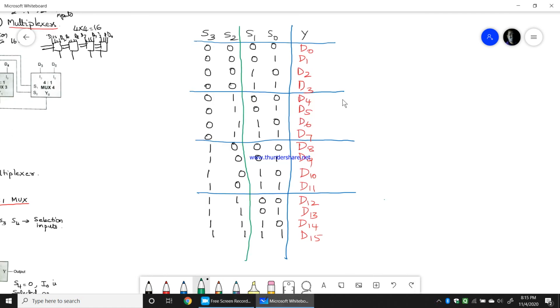So here, this is the truth table of the 16:1 mux, what you can see. Now this truth table, what does it say is, S1 and S0 are the 2 selection inputs of the first 4:1 mux, right? So this is the selection input for the first 4:1 mux in the diagram, whereas S3, S2 will be for another 4:1 mux. Now see, when this is 0, 0 and then 0, 1 and then 1, 0 and 1, 1, you see S3, S2 will have all 4 values as zeros.